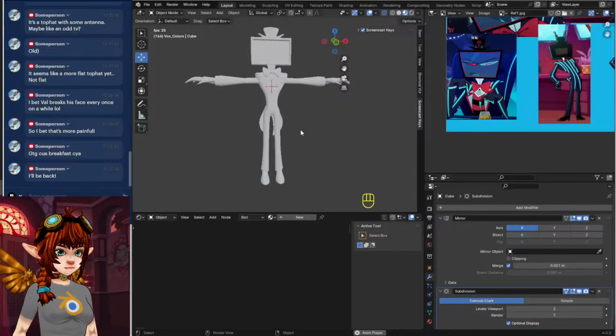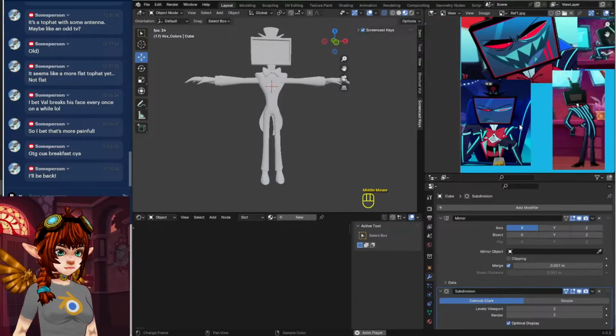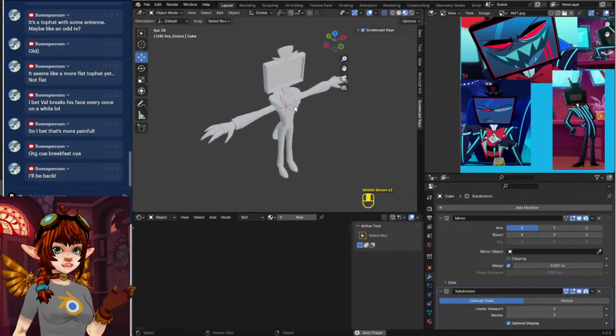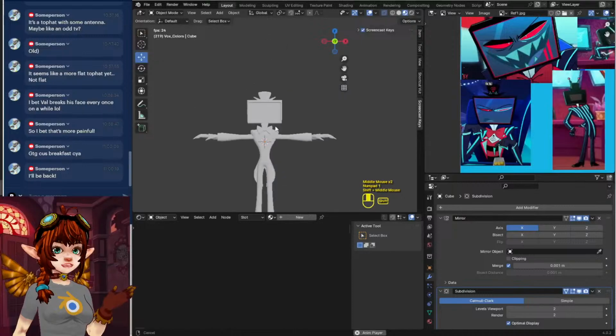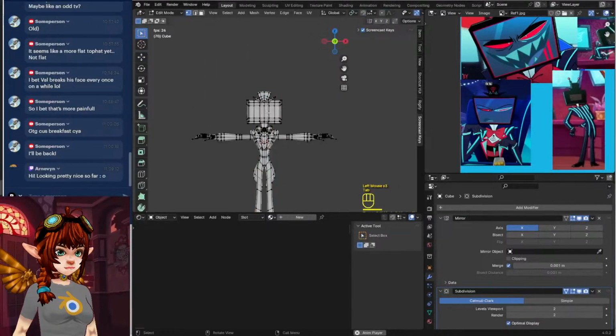So I think we gotta do the antennas next, and the rest of it's gonna be textures. So we've only been modeling for how long now? Maybe 30 minutes. So that's pretty good. So you're gonna go ahead and add